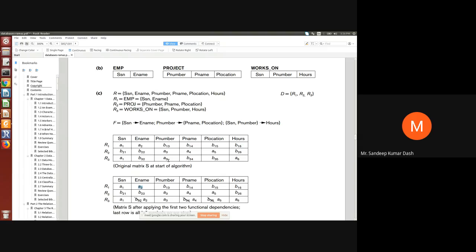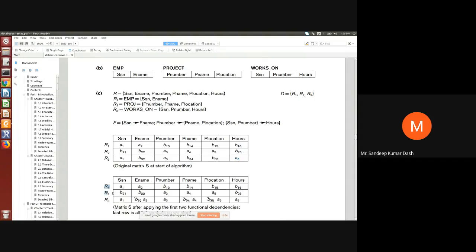Fine. Now A3 is determining A4 and A5. Here A3 is there, so you can convert this into A4, this into A5. Okay, this got converted, A4 and A5, and it was already A6. So this row now contains all A. There is no B in it. If at least one of the rows contains all the values as A, then this design is good.